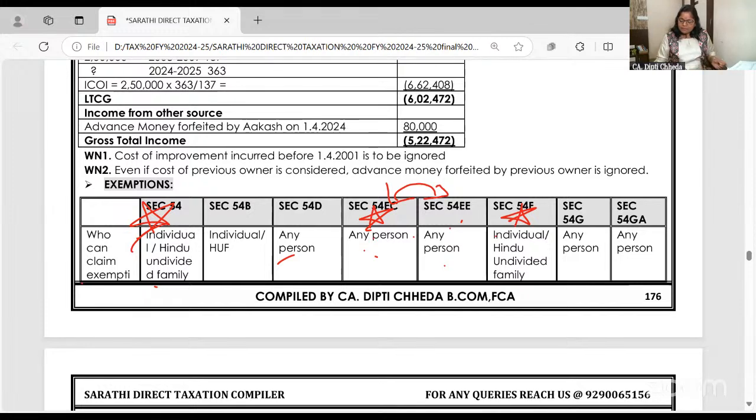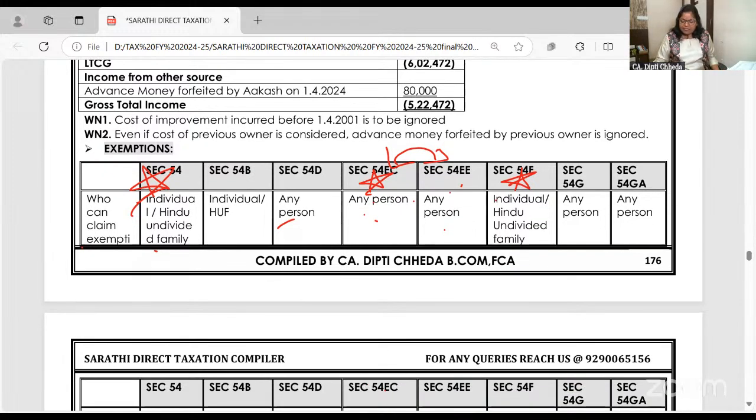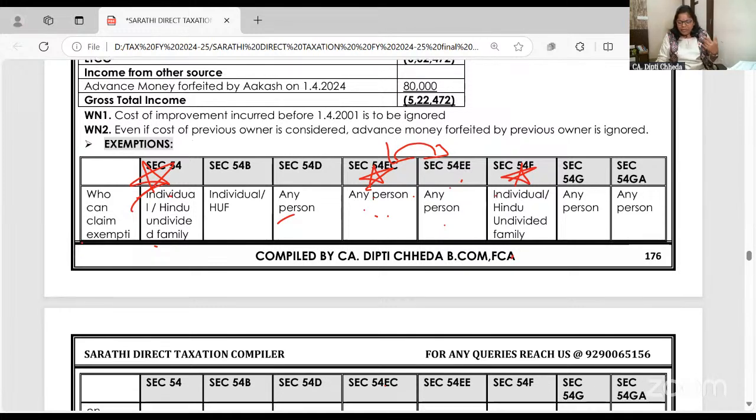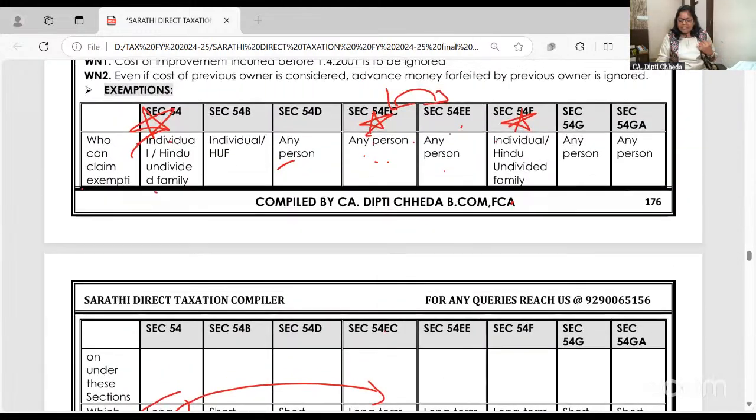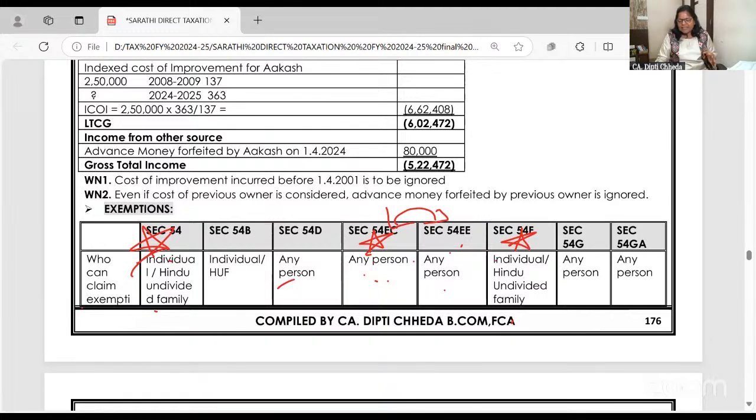Next, 54F, individuals and HUF. I told you these are repeatedly asked. 54, sell the house, buy the house. Now, if you're thinking I'm repeating again and again to make you learn, 54EC, sell land and building, buy bonds. 54EE, sell anything, any asset, land, building, painting, diamond necklace, anything, open plot, and put the money in